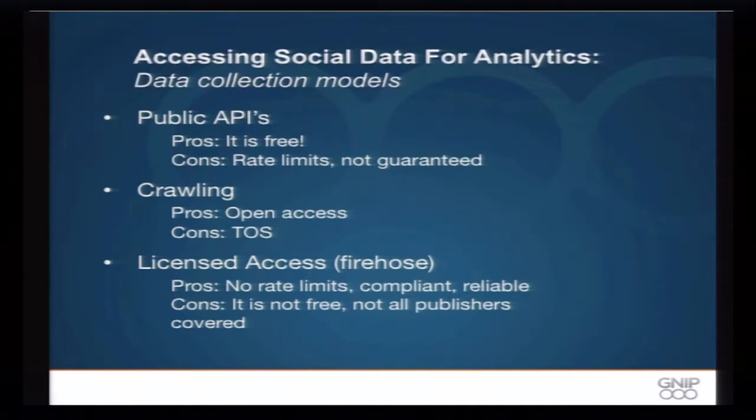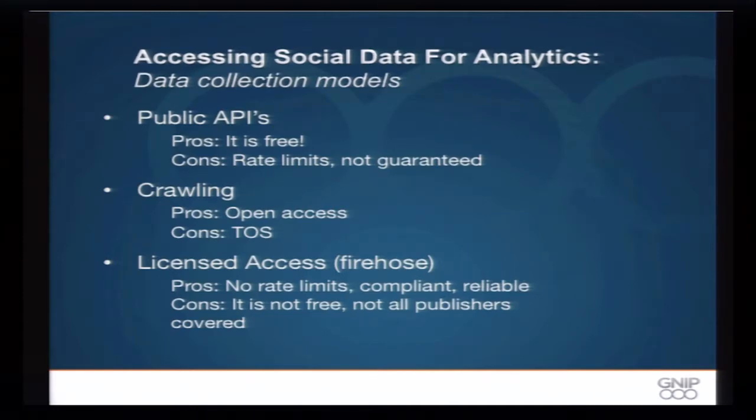So we talked about social data. It's being generated in a lot of different ways in different networks. There are different types of social data, and it all has different meanings. But at the end of the day, we've got to get this data. So how are we going to find it? Again, we're going to think about things like reliability. Is it going to be there? Do I care if it's there the whole time? Do I just need a little bit? There are three main methods by which social data can be made available for analytics.